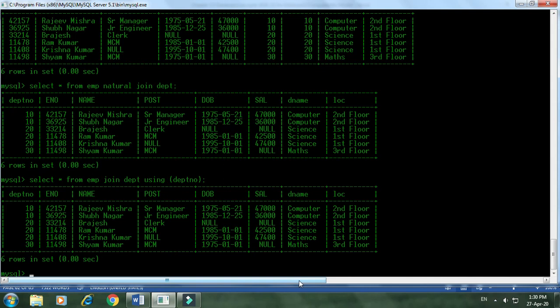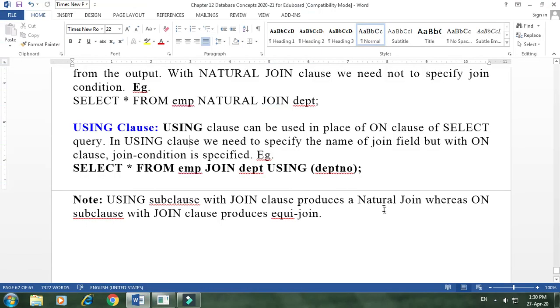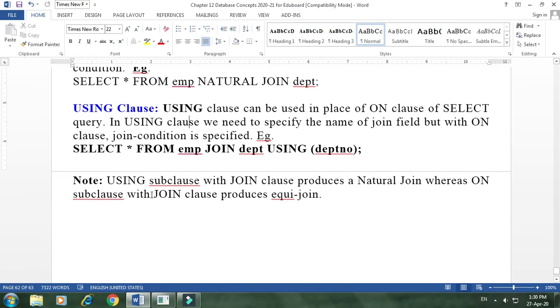In the on case you need to write the equal to operation, and in the using case you just write the name of the column. You don't even need to mention the equal to operation. That is a benefit with using. Now note this, which will be very important for you: the using clause with the join clause produces a natural join, whereas the on clause with the join clause produces an equi join. So you have to take care of this.